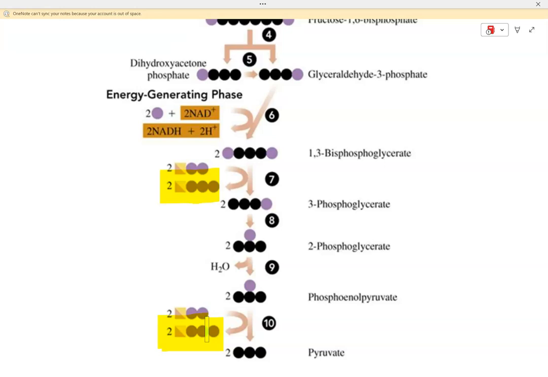How many did you spend in the beginning? You gained 2. You gained 4. You spent 2. What's the net yield? 2. Do you understand why? You invested $2, you got back $4. What's your profit? 2. You invested 2 ATPs, you got back 4 ATPs. What's your ATP profit? 2. Does that make sense? So glycolysis net yield